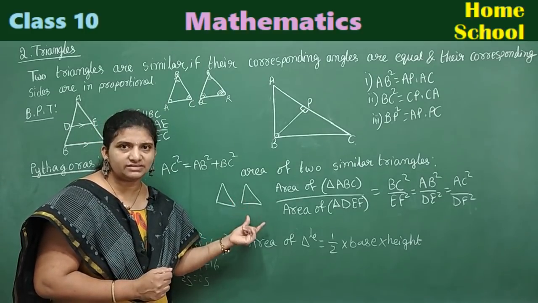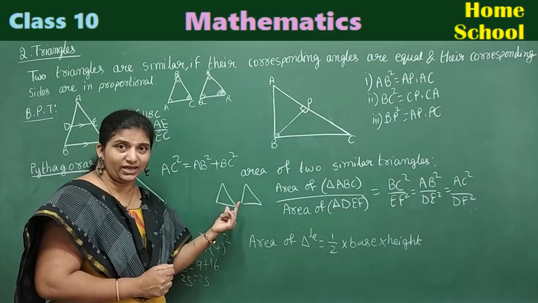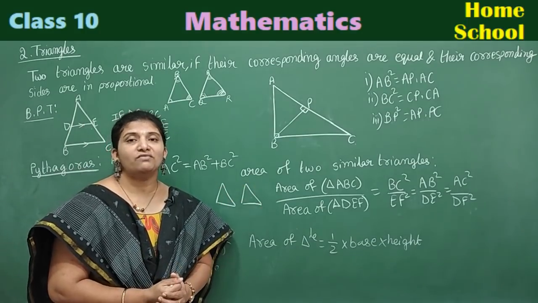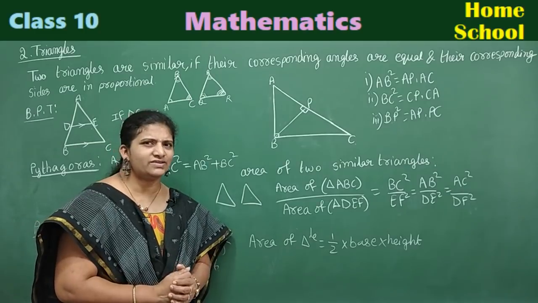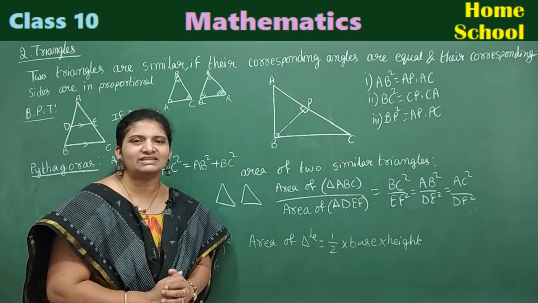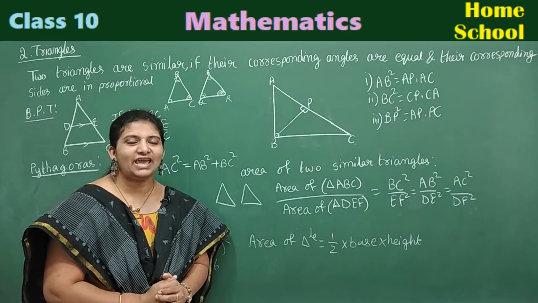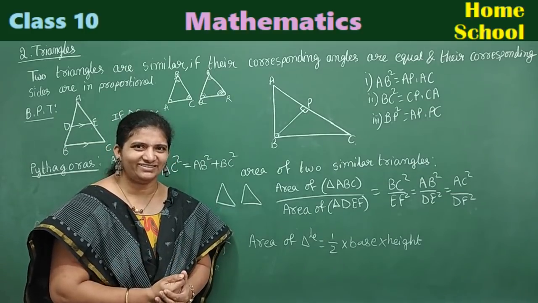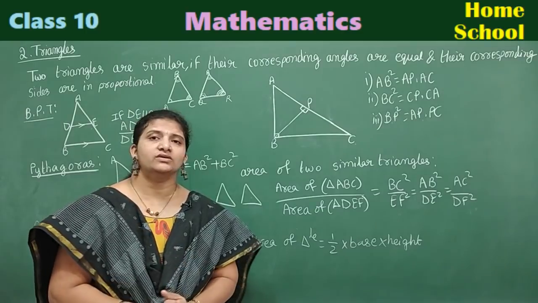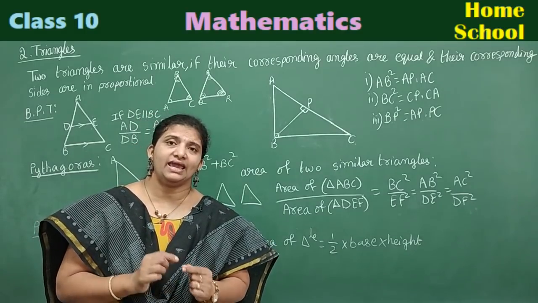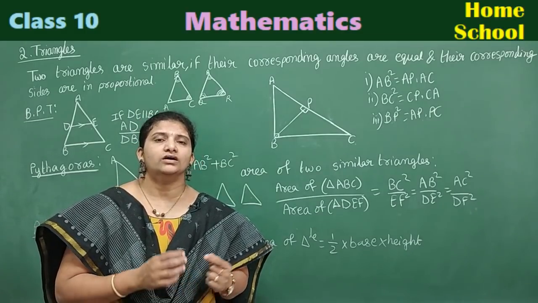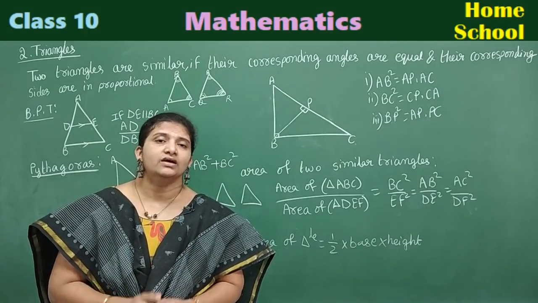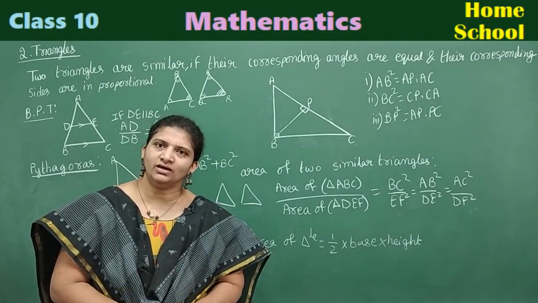To find the missing side or to find the area of another triangle, you can use this. And one more formula, that is a well-known formula for you, that is the area of a triangle. Area of a triangle is equal to half into base into height. And in this chapter you have similarity criteria, AAA, SAS. If two triangles are given, by using the similarity criteria, check whether they are similar or not.